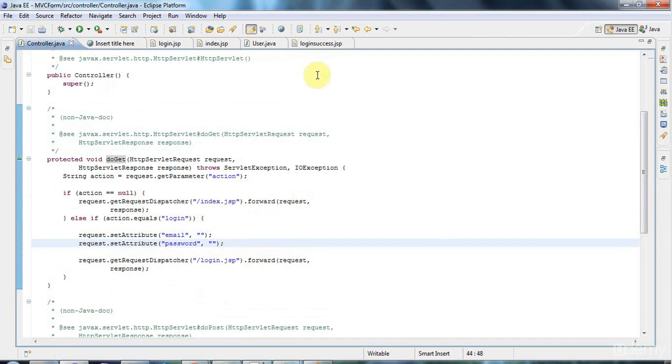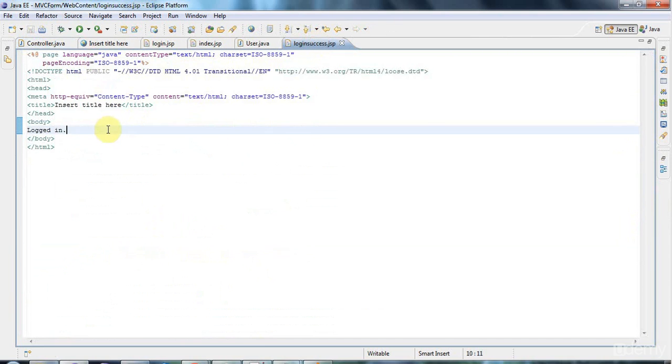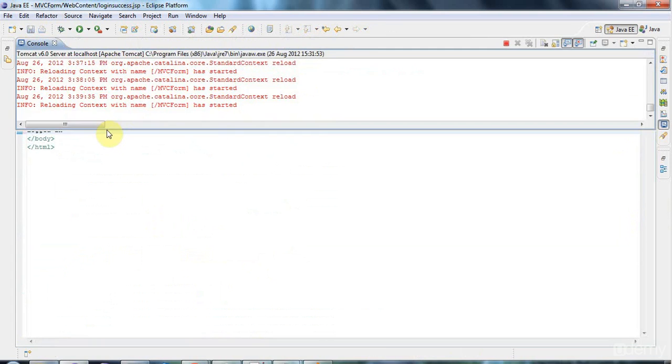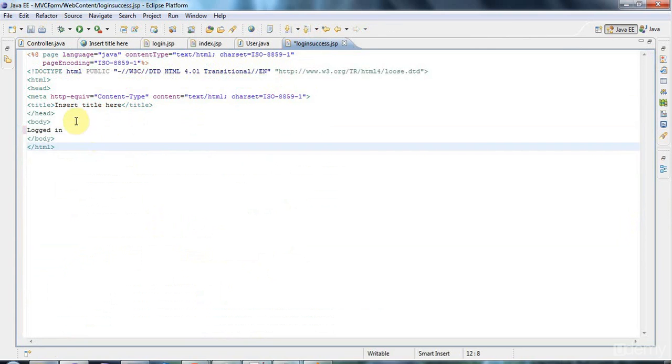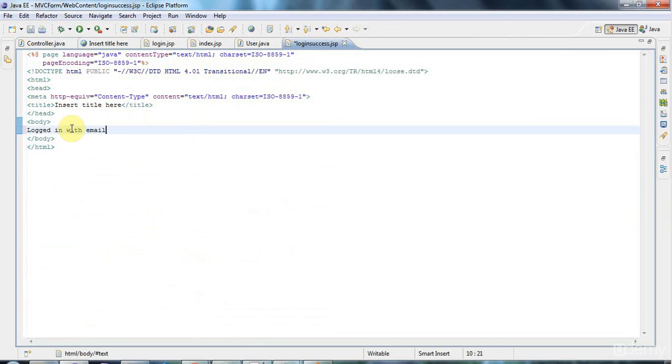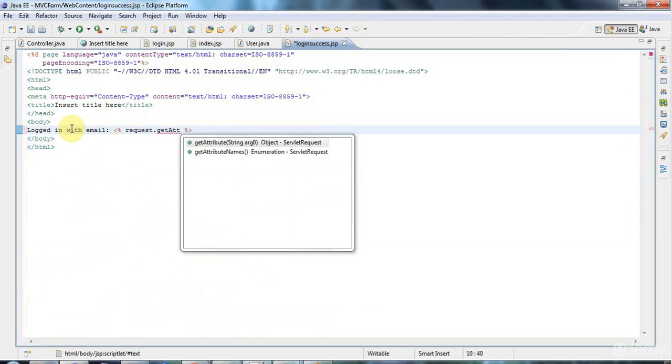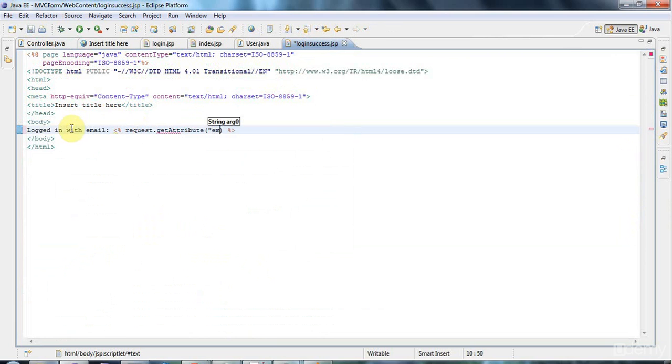Now if I can log in successfully, I want to echo back the email attribute just as a demo. So I'll say logged in with email. Let's say here request.getAttribute email,